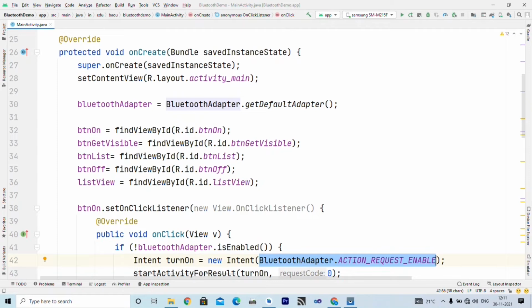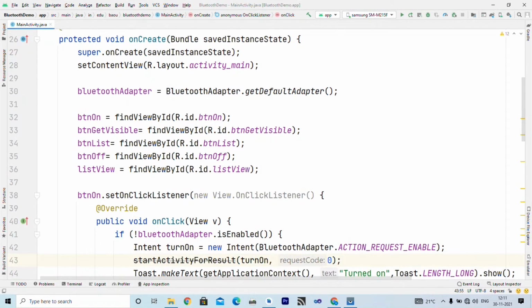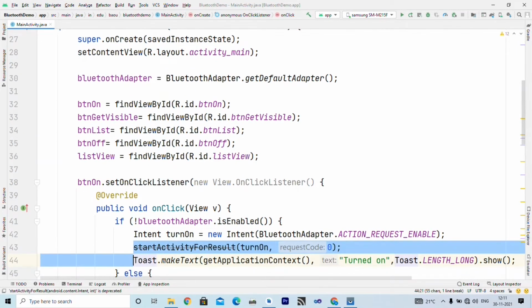So it will ask you to enable Bluetooth, and then to actually start that activity we call the startActivityForResult method, and we provide the intent as an object and the request code is 0.